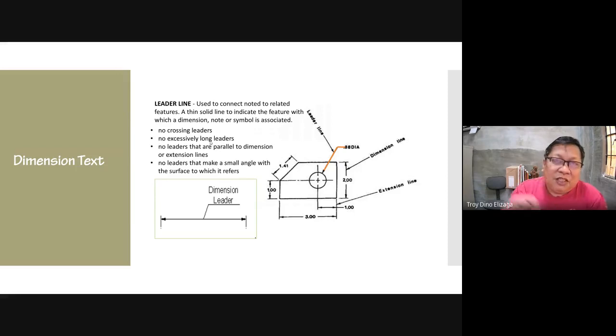But otherwise, if you really don't know how to do it, better avoid it because it can make the drawing very cluttered. So no leaders that are parallel to dimension or extension lines. I have an example of that later. And no leaders that make a small angle with the surface to which they refer.